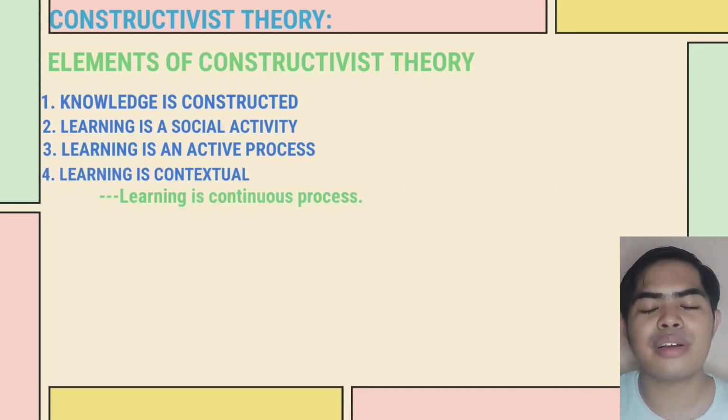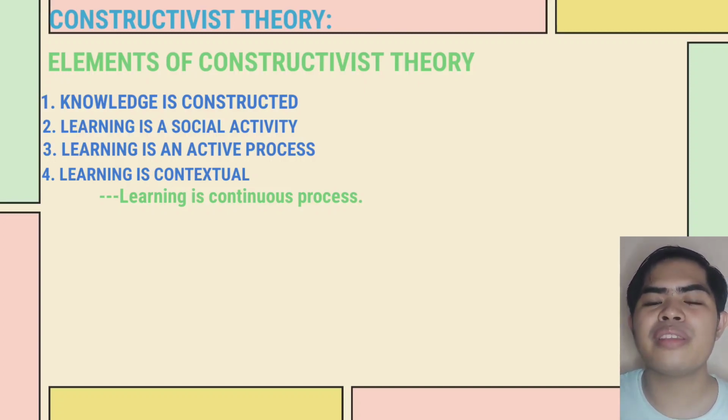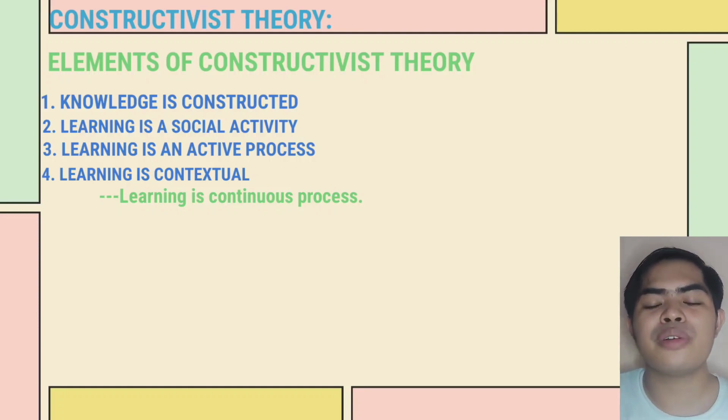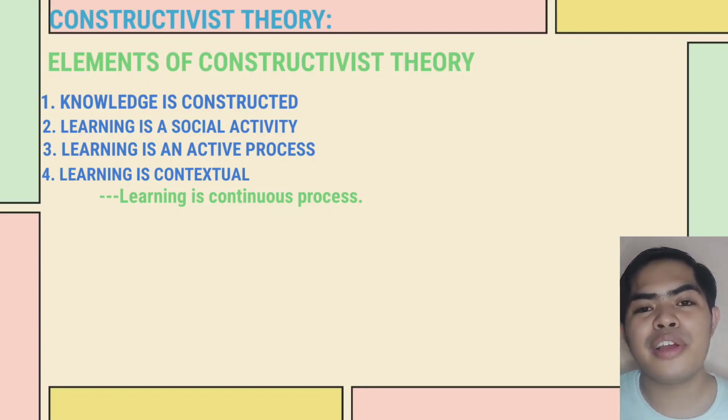Learning is contextual. So learning is a continuous process. So kaya nga kapag ang tao ay buhay pa, merong iba't ibang experiences na pwedeng kapulutan ng aral. So kaya nga learning is contextual is that ang learning or ang schema ng isang tao ay mag-a-update. Best example for this upang mas madali nating matutunan is gadgets.